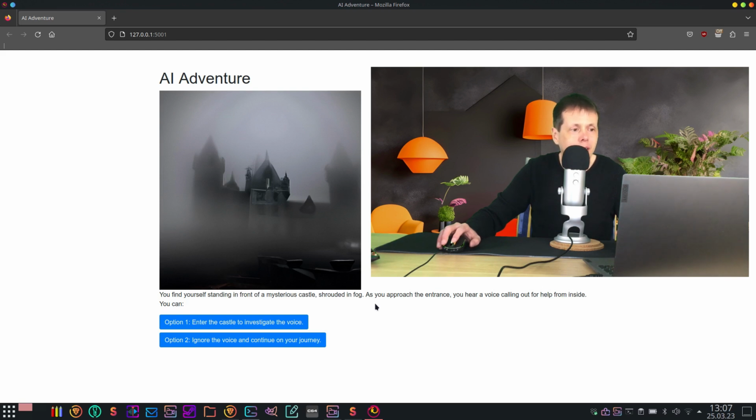So now come my 2 options. So always between 2 and 4 options. And the image is also AI generated. So, and I have the option enter the castle to investigate the voice, or ignore the voice and continue on your journey. So, and of course I'm gonna enter,